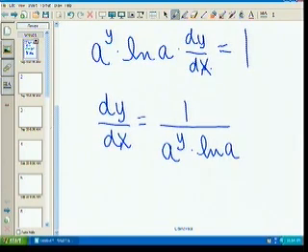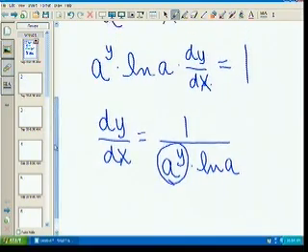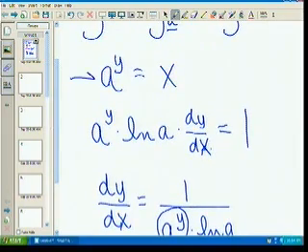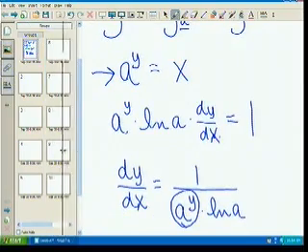So if we divide both sides by a to the y and natural log of a, we end up with that. And some of you, I know, have done some calculus before this course: that's not the final answer. We need to get rid of a to the y, and I think we can do that if we backtrack here. What is a to the y equal to? It's x. So where we see in our answer an a to the y,